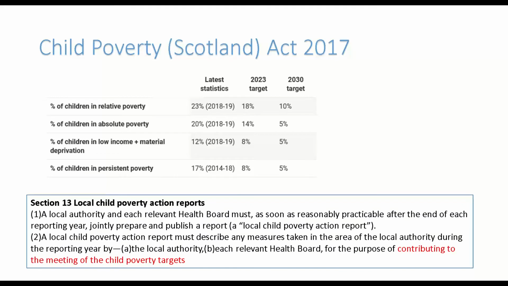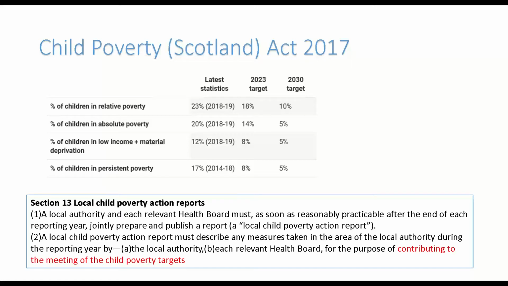So the question relates to the Child Poverty Scotland Act 2017. And as many of you know, that Act sets ambitious targets for the reduction of child poverty in Scotland against 4 key income-based measures to be achieved by 2030, with interim targets set for the year 2023-2024. And what I wanted to highlight is that there's not currently the data available at local level to establish local progress against the majority of these particular measures.